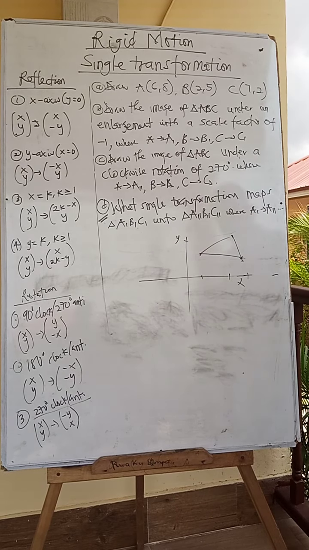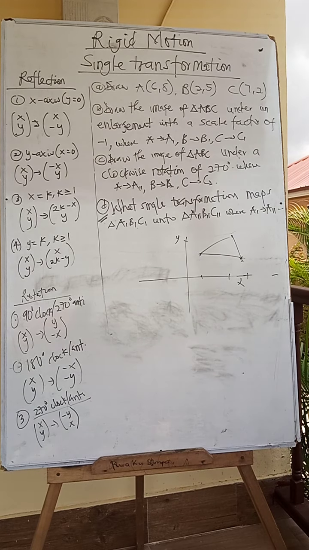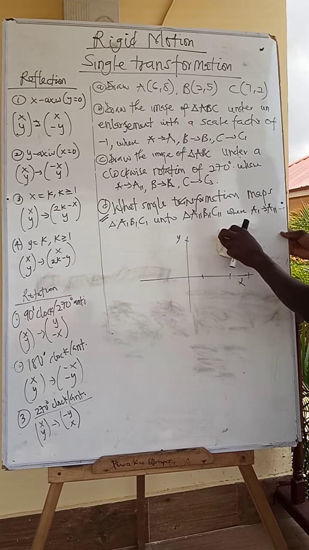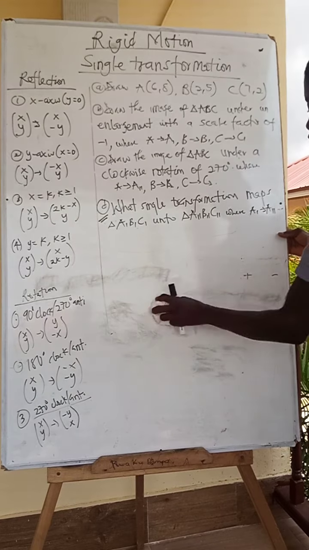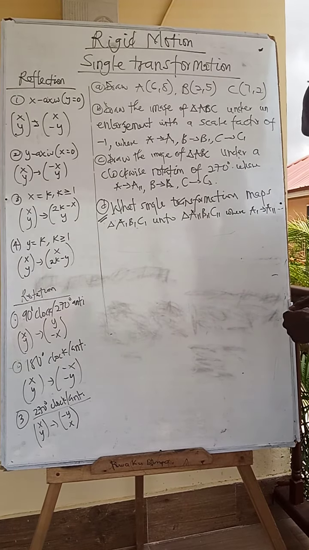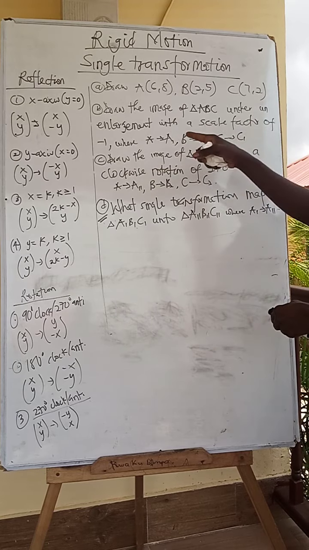So today I'm not going to draw any graph, I'm not going to just plot it. So the second part: draw the image of triangle ABC under an enlargement with a scale factor of